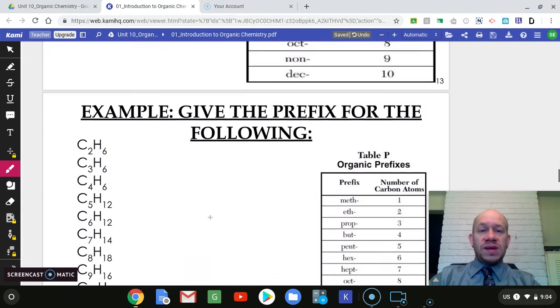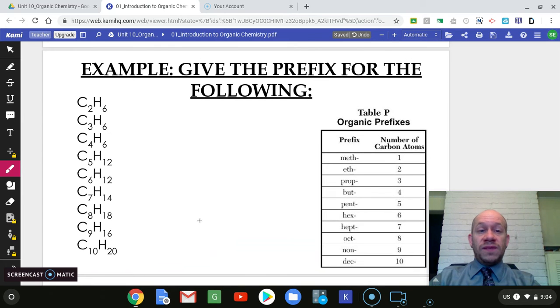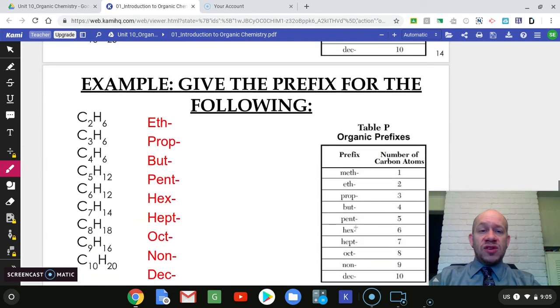So some more examples here. Give the prefixes for these. If we just look at our table P here, we should easily see the number of carbon atoms would get us those respective prefixes. And then to check your work,